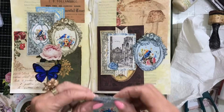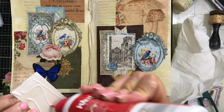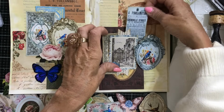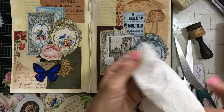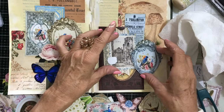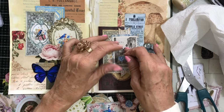So this one I'm going to just glue down flat, I think. Yep. Oh, it's killing me to do this because this one's been coffee dyed at the back. I'm like, oh my goodness, I could have used that as a, what do you call it? You know, journal card or something. Why have I glued that down? I've gone to the trouble of coffee dyeing it previously. Okay, and then this here, this here, this here, like that, and...